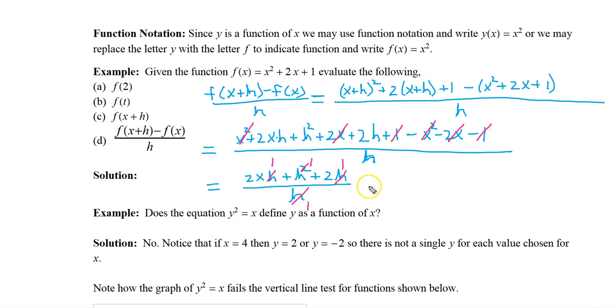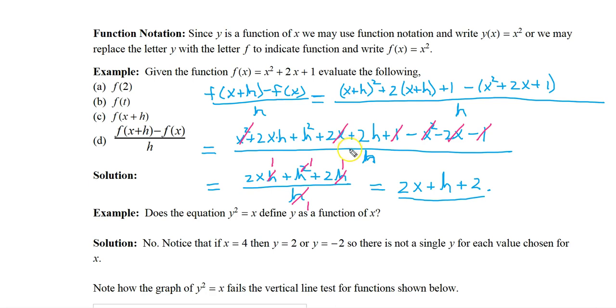And then what we have then finally as our answer is 2x plus h plus 2. And that's our final answer. So that is f of x plus h minus f of x divided by h simplified out to this. And by the way, what you've done here is if you let h equal 0, you've actually evaluated your very first derivative. This is actually the derivative of this function, and we will, well, if you haven't seen derivatives before